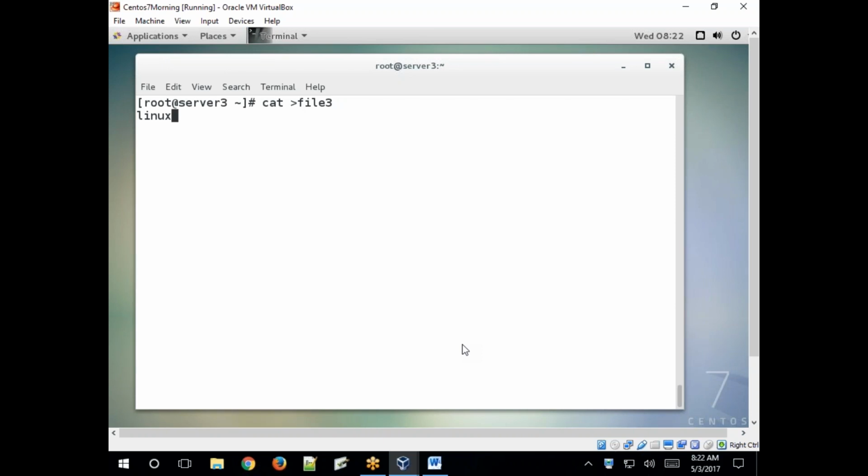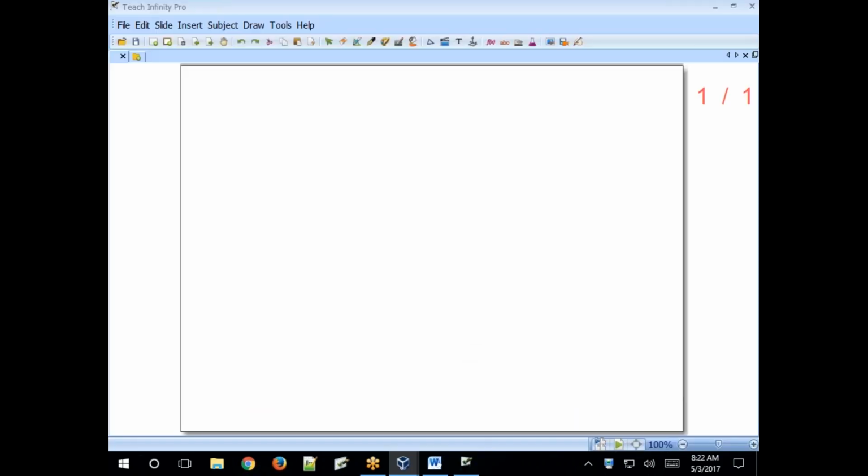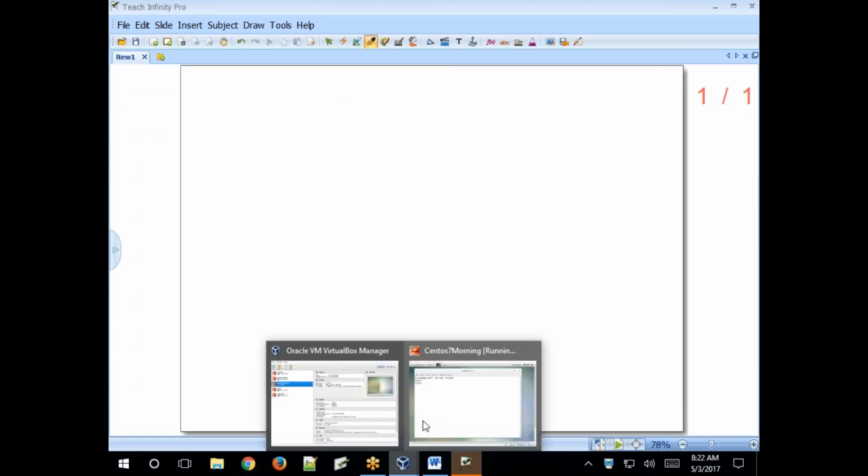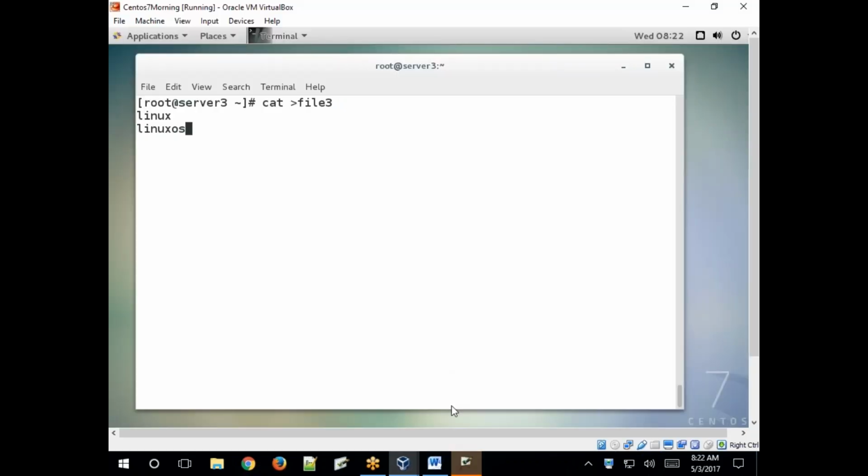Linux is a whole word, right? Is there any Linux OS, Red Hat Linux? Okay, Unix or Linux, for example. So this is a whole word. So this is the matched pattern.